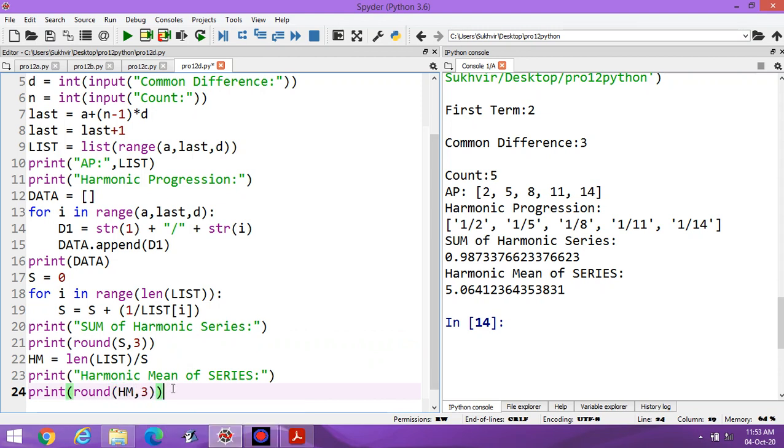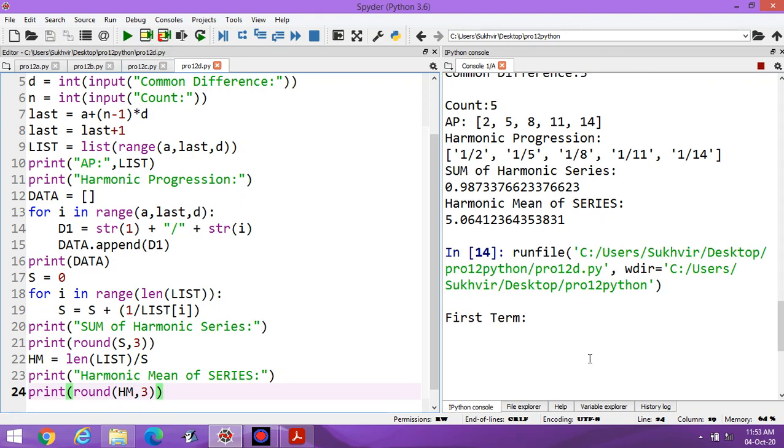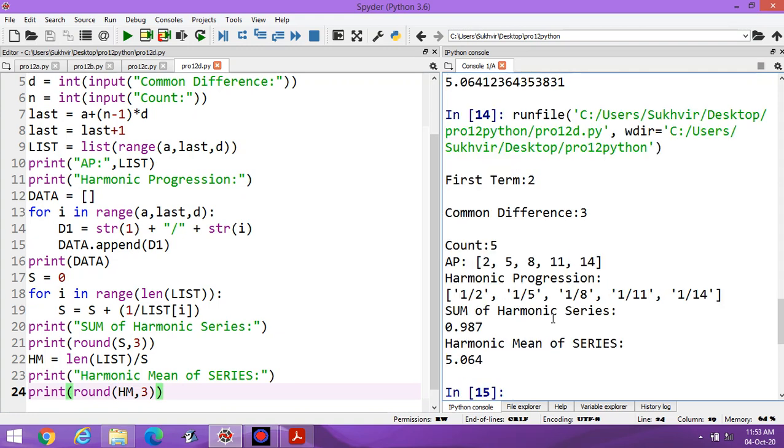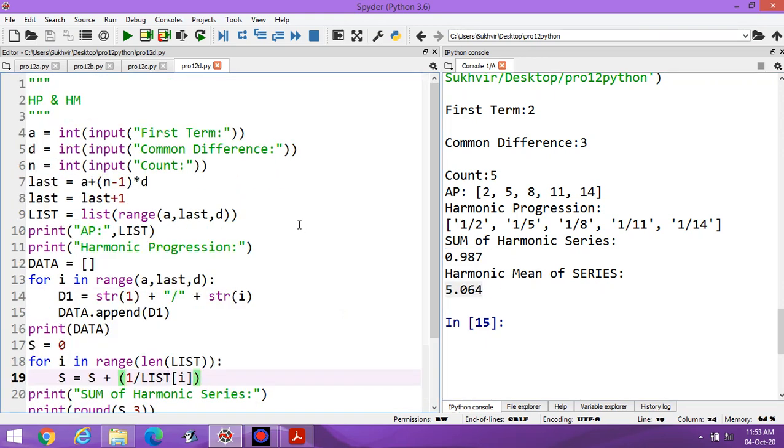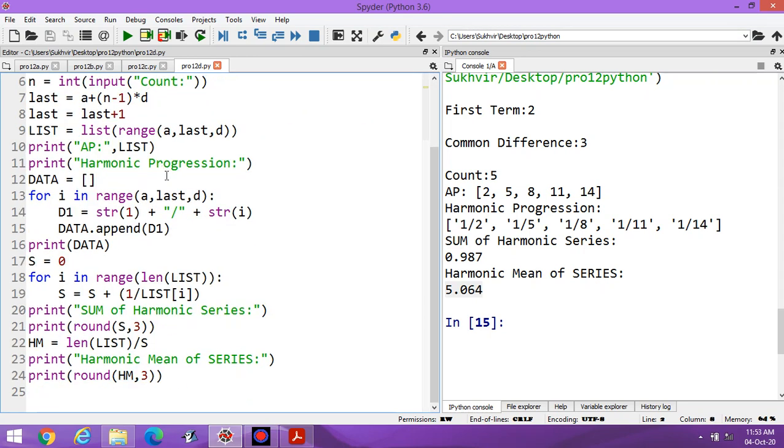Up to 3 places of decimal you can display the data. First term 2, 3 and 5, you can display the data like this, 0.987 and 5.064. This one is the calculation of displaying of harmonic progression and the calculation of harmonic mean.